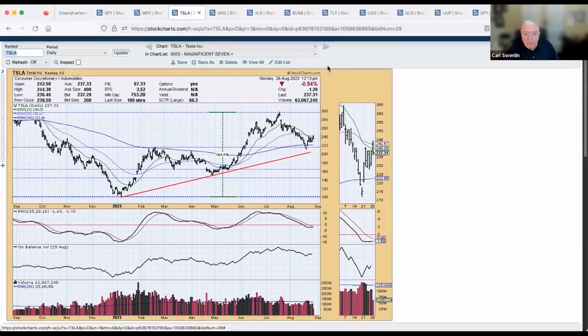Okay, let's move to, we have Tesla. Getting a bounce, did not make it all the way down to this rising trend line. Basically, this looks like this was a support area here. Again, I don't have a great outlook for electric vehicles. I think they've had their run. Doesn't mean they're going to go away, but I don't see a great future for them in the next decade. It's just too many things to overcome.